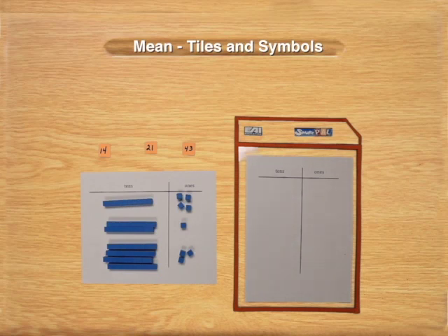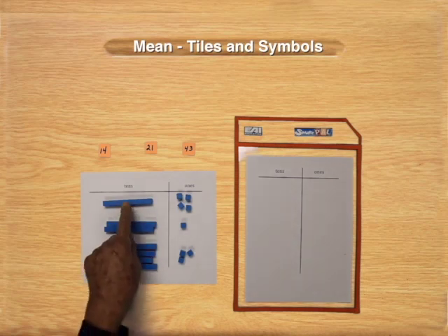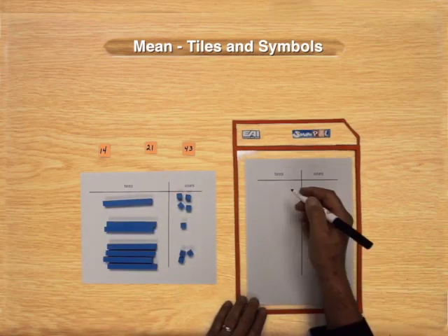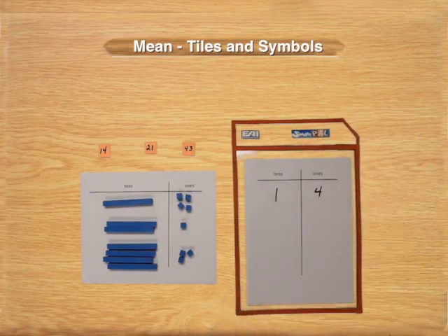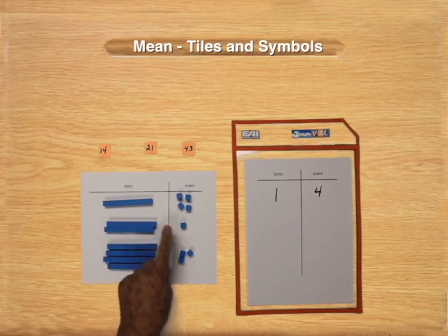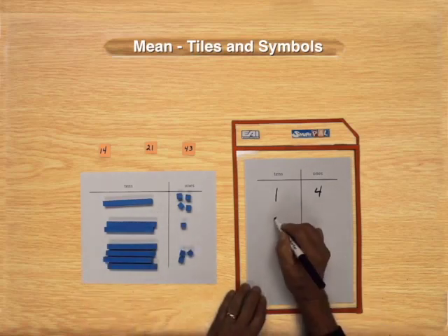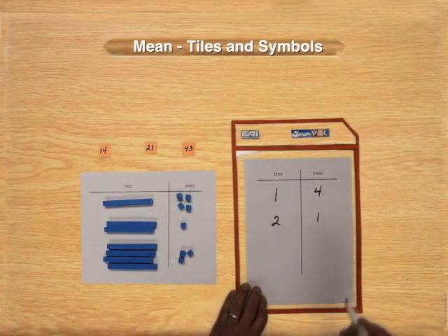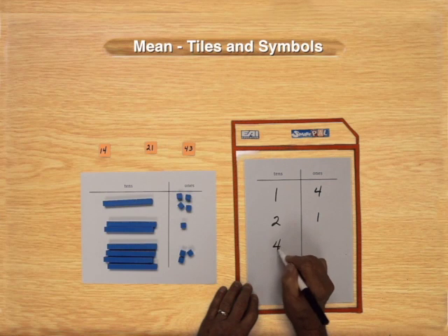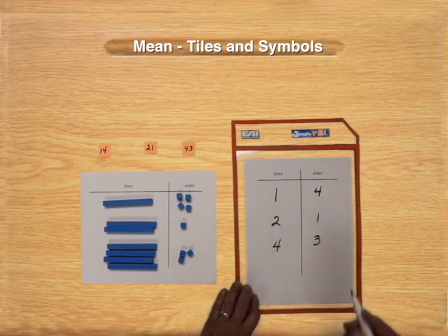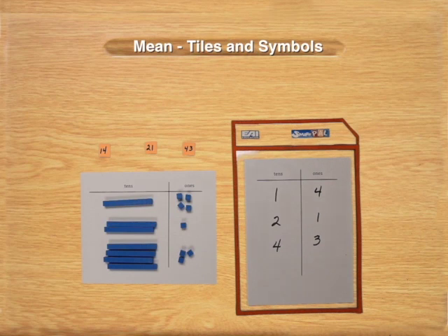Now let's record that. The 14 is 1 ten and 4 ones. The 21 is represented by 2 tens and 1 one. And finally, 43 is represented by 4 tens and 3 ones. Now, what we want to do is talk about the situation where we